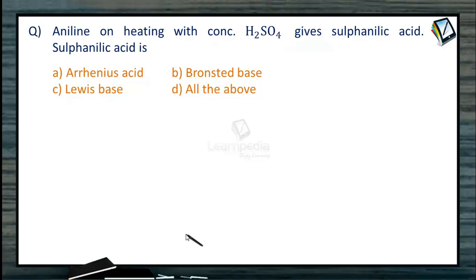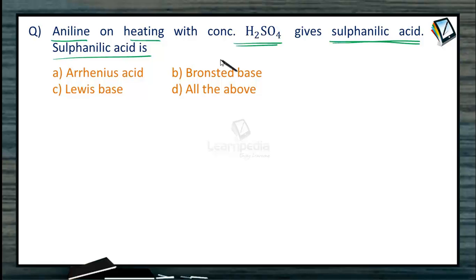The next question is: aniline on heating with concentrated sulfuric acid gives sulfanilic acid. This sulfanilic acid now acts as, is it Arrhenius acid? Is it Bronsted base? Is it Lewis base? All the above is the question. So before we answer whether the sulfanilic acid is Arrhenius acid, Bronsted base, Lewis base, we need to know what